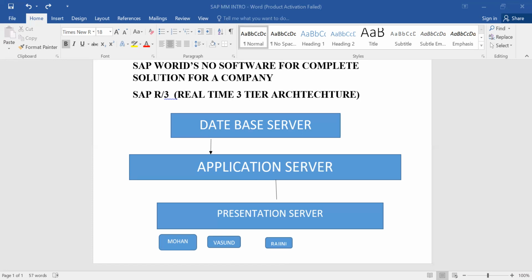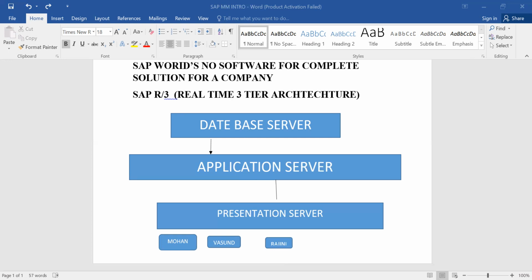Wipro, IBM, Infosys, Cognizant, TCS, Accenture, HCL, Bosch. So many companies are there.